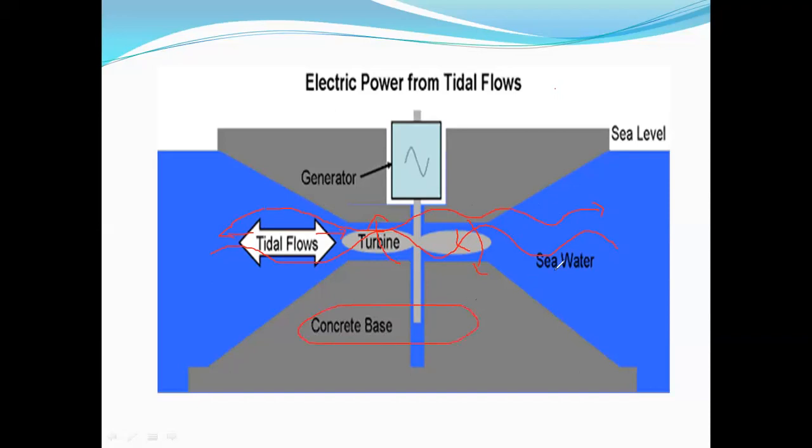Then what will happen? The flow of the seawater, which contains kinetic energy, is converted into mechanical energy, which is converted into electrical energy. Simple. The process we are describing is tidal wave energy. The tide of the sea, containing high pressure, acts with pressure on the turbine. When the pressure acts on the turbine, it rotates. Tidal wave energy is converted into mechanical energy, which is converted into electrical. The process we are describing is tidal wave energy.